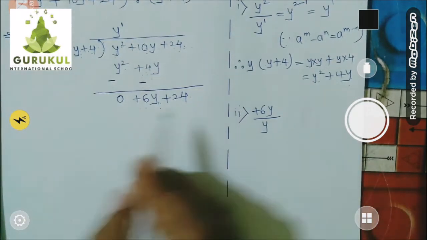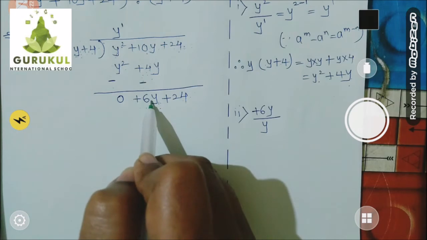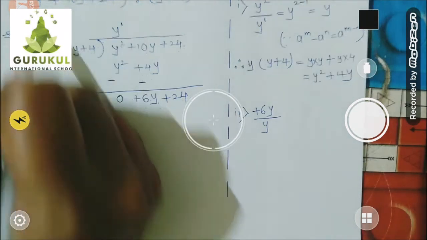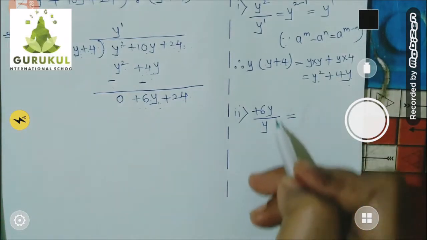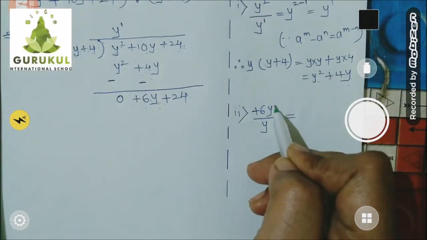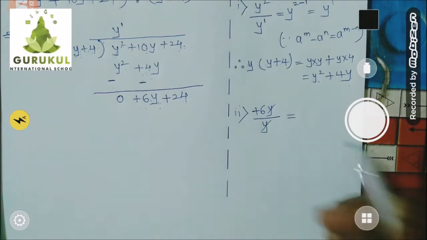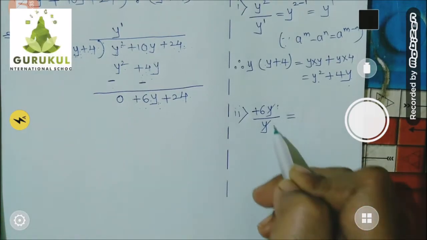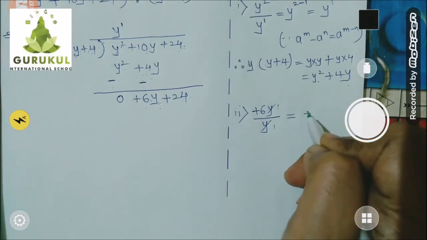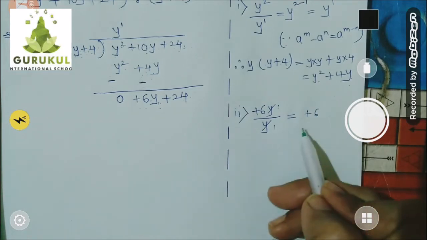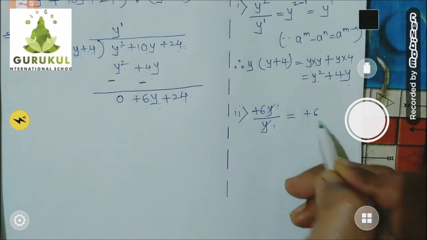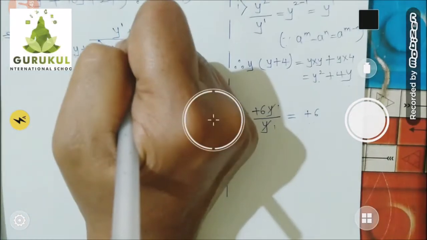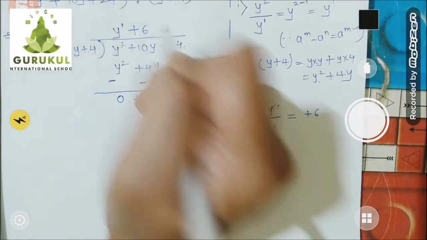So divide that. Highest power term from the dividend divided by highest power term from the divisor. Now divide it. Here you can directly divide. So y cancels, y ones are y ones. Finally, what is left? Only plus 6. Now where will I write this? It will become the quotient. And I will write this over here along with its sign.